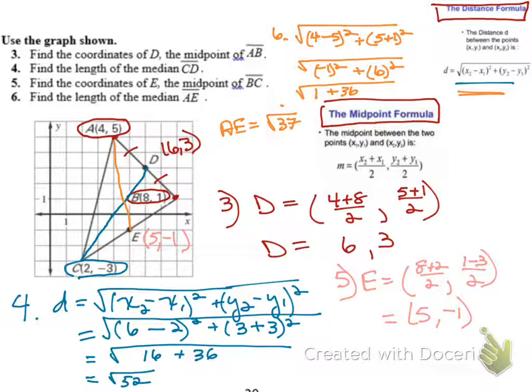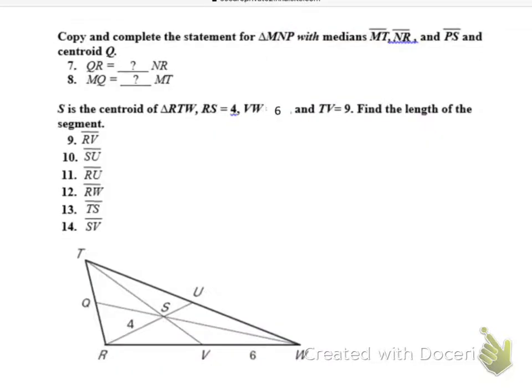Okay, so that covers those questions. Let's go on to the next ones on the next page. Okay, look at questions 7 and 8. First, it talks about copy and complete the statement. So I'm going to first draw the triangle because that's my best case scenario. So this is triangle MNP,